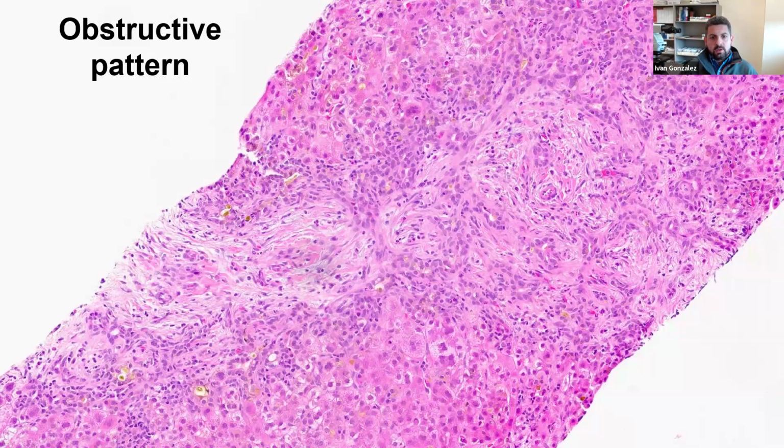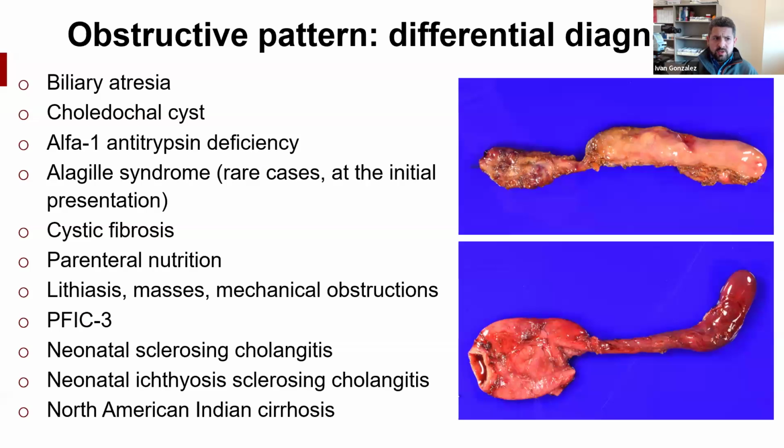So what is the differential diagnosis? Biliary atresia is one of the most important differential diagnoses, given the need for critical early treatment. Choledochal cyst as well. So in these two photographs, in the top photo I have a biliary atresia case and this is a choledochal cyst. In the biliary atresia here, you can see the atretic segment, and in your classic case, the actual gallbladder will be completely atrophic. This gallbladder is actually a little dilated. In here, in this choledochal cyst, you have your dilatation of the common bile duct.